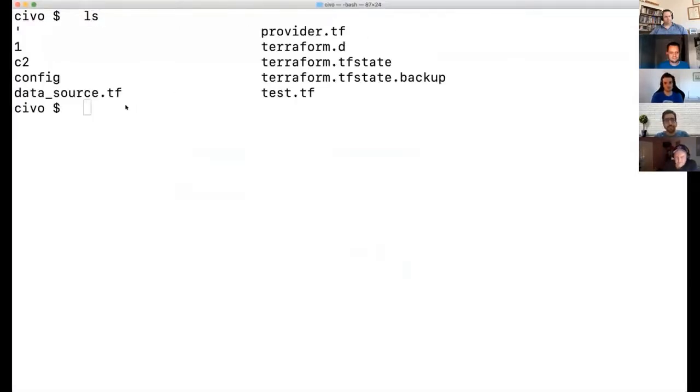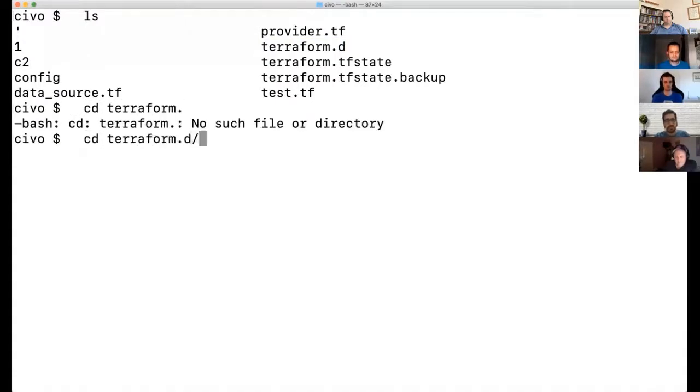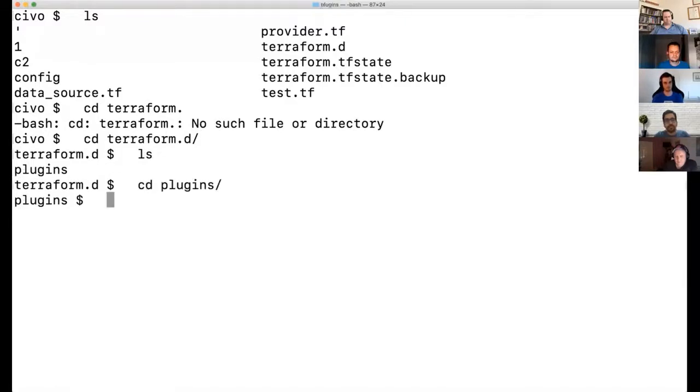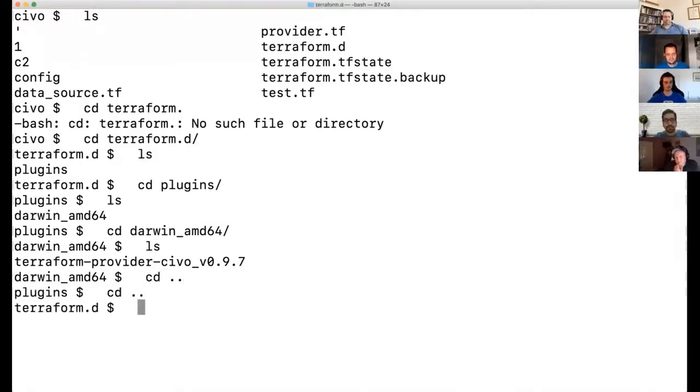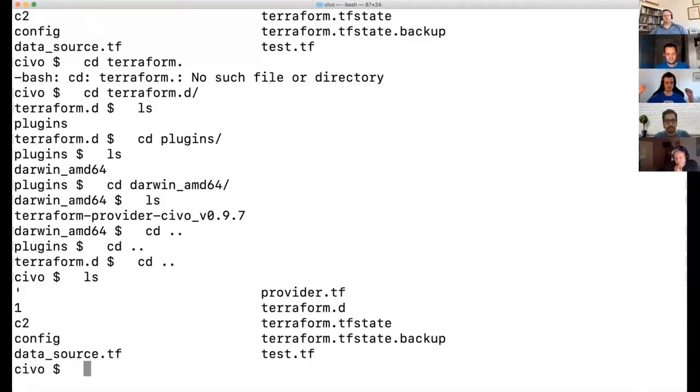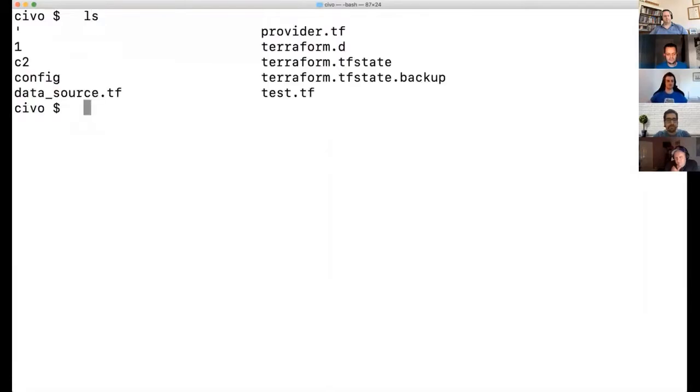You just have a directory, create a terraform.d folder, and inside it a plugins folder. I'm on Mac, so I have created this. Inside that, you download the custom CVO providers, because that's how Terraform works with custom providers as of now. And then you just do a terraform init, and it will install the plugin.